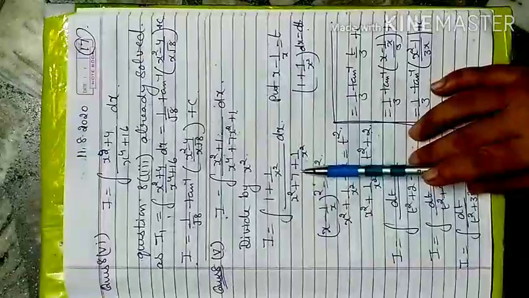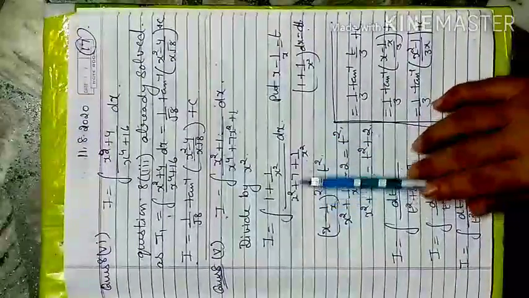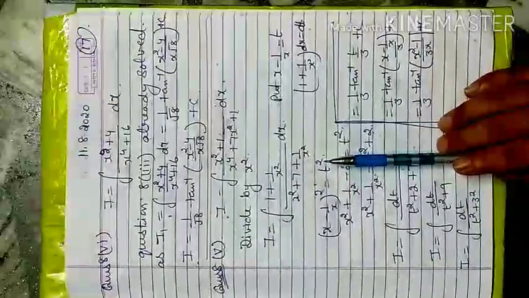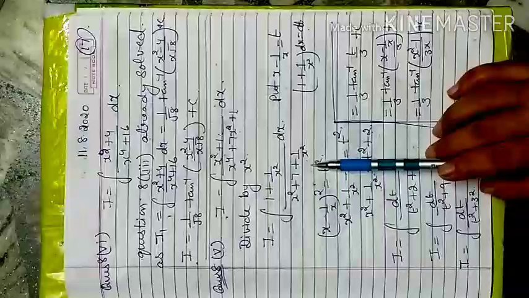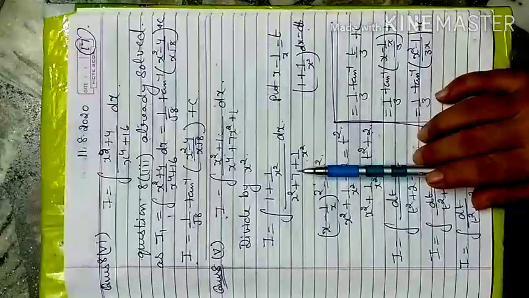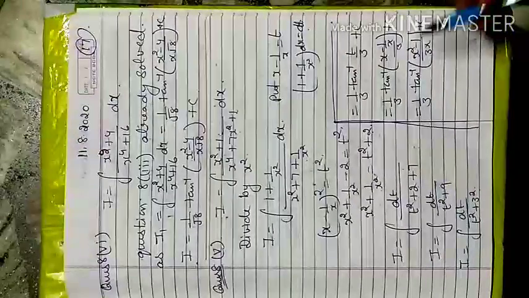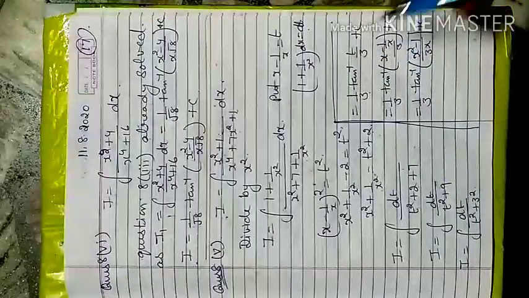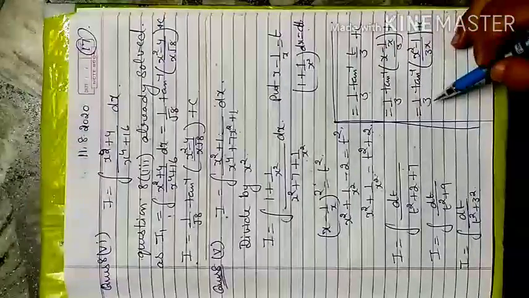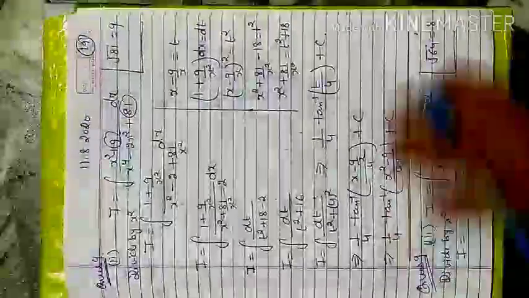So when you divide by x square, that changes to a constant term. Keep that 7 aside, only apply the value of x square plus 1 upon x square, and whatever constant term you found in x square plus 1 by x square changes to t form, you have to just add or subtract according to the constant term already present here. So 2 plus 7 becomes 9. Again the x square plus a square form gives 1 by 3 tan inverse t by 3. Now t changes back to x minus 1 by x, and my required answer is 1 by 3 tan inverse of (x square minus 1) by 3x, plus c.